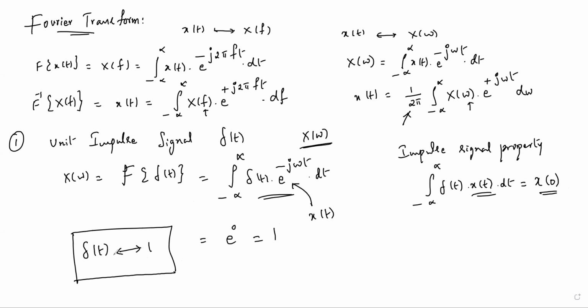Next, let us find the Fourier transform of exponential signals. It is very important for us. I hope all of you noted this. Fine. So let us find the Fourier transform of the signal e to the power of minus a t u of t. The signal here, x of t, is given as e to the power of minus a t u of t. A must be positive. Find the Fourier transform of this signal. Let us find x of omega for this signal.